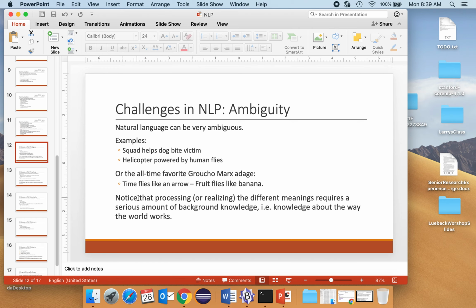Groucho Marx: time flies like an arrow, fruit flies like a banana, right? It's just funny. And we need to figure out what "flies" means over here. The interesting thing is, we kind of know that when we toss something, it moves in a parabola, which of course is sort of what a banana looks like. So